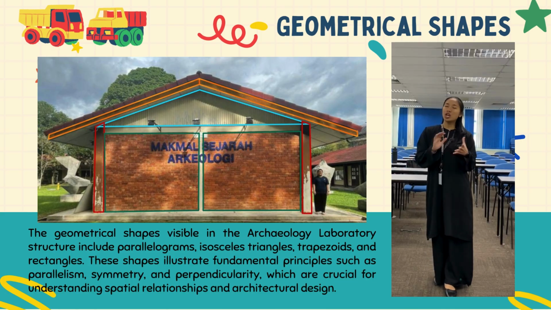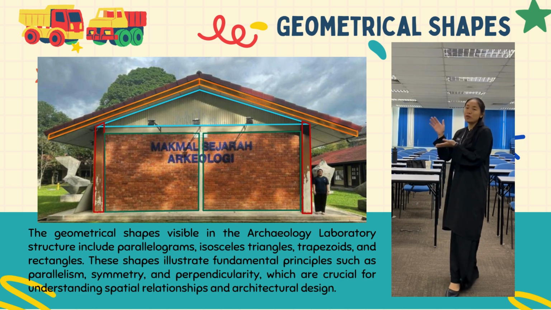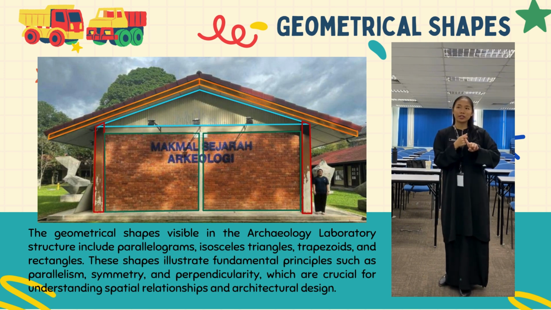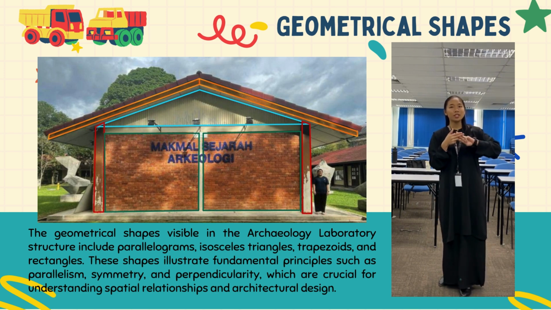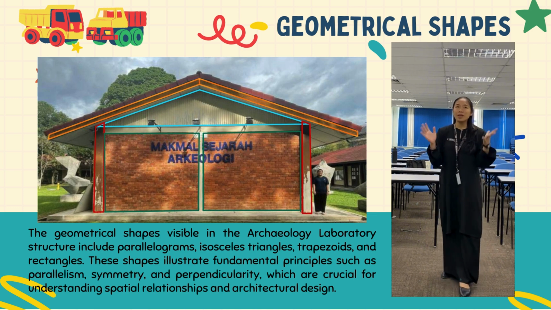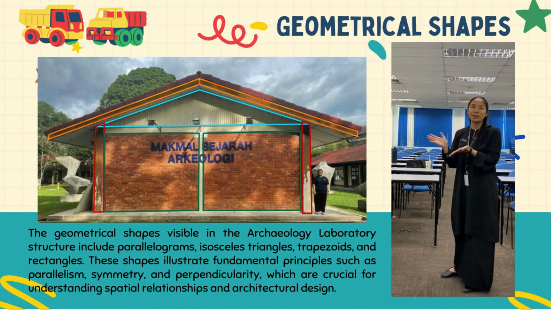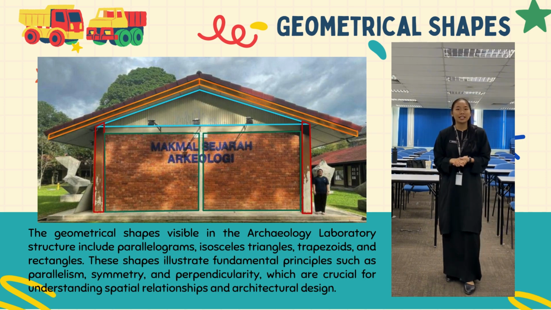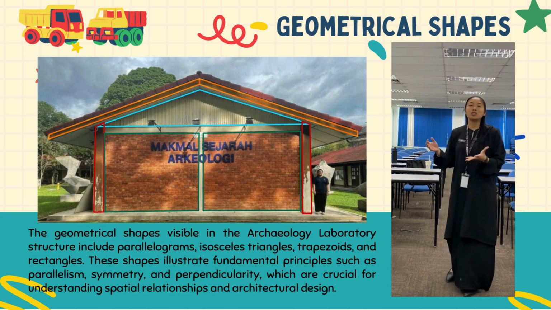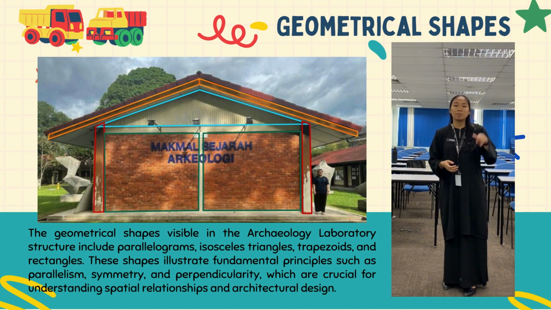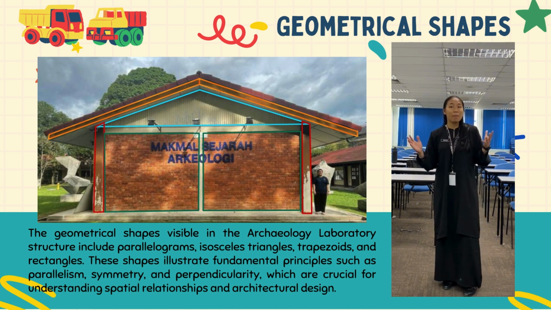Okay, for the geometrical shapes in this building, we found a parallelogram, isosceles triangle, trapezoid, and also rectangle. For the measurement, we are using our teammate, Febbie, as indicator. Her height is 1.58 meters. These shapes illustrate fundamental principles such as parallelism, symmetry, and also perpendicularity, which are crucial for understanding spatial relationships and